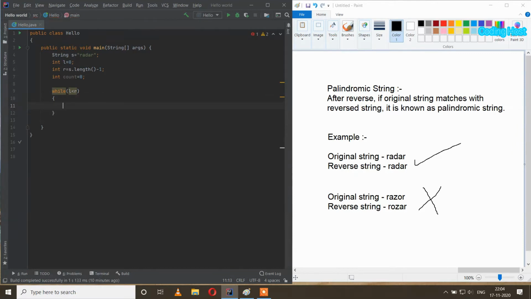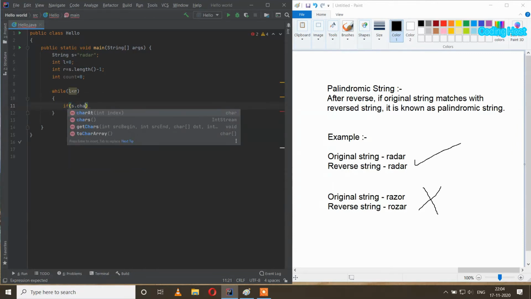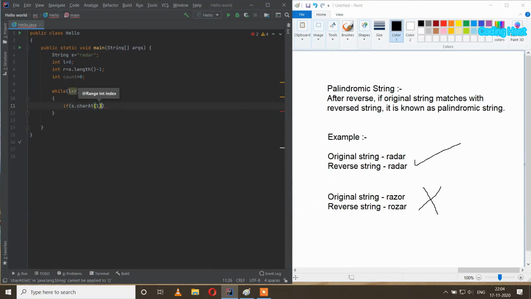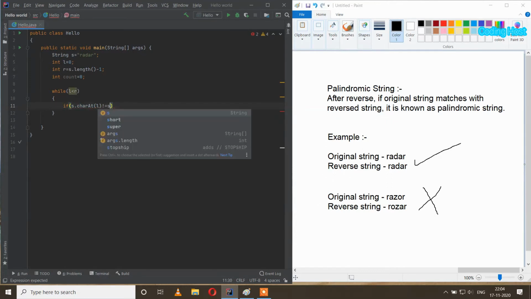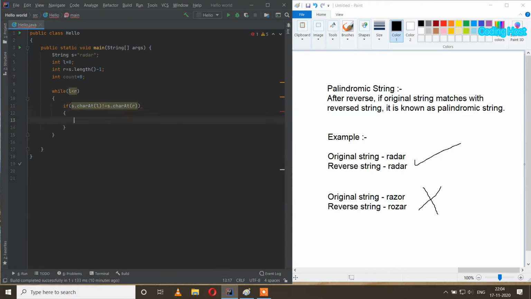In this I will write if s.charAt(left) not equal to s.charAt(right), then count++, and we will print